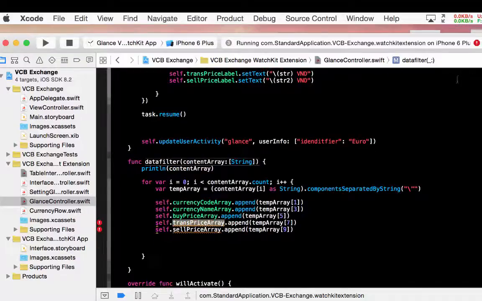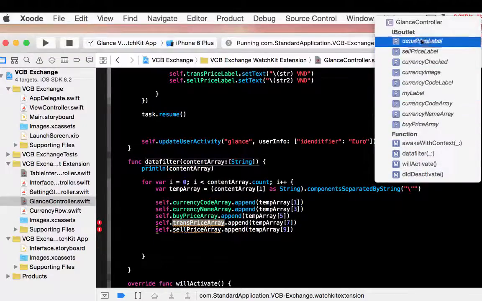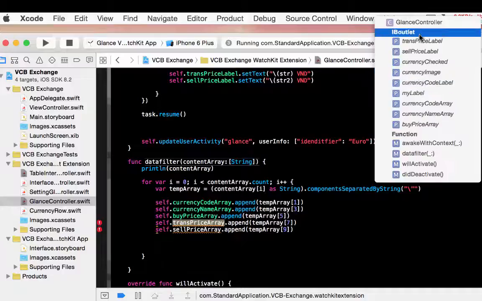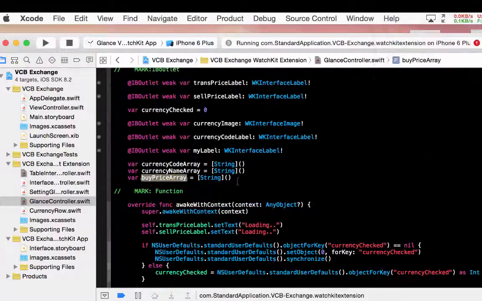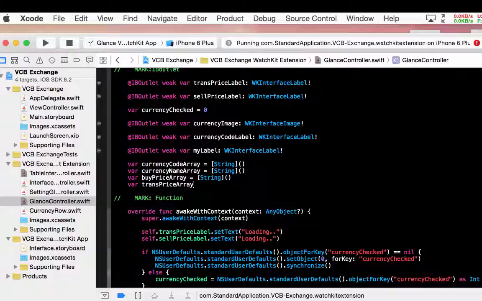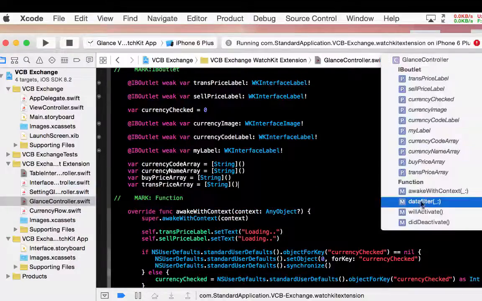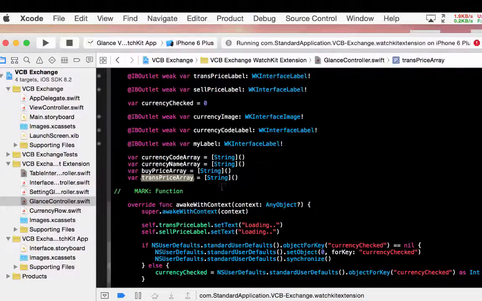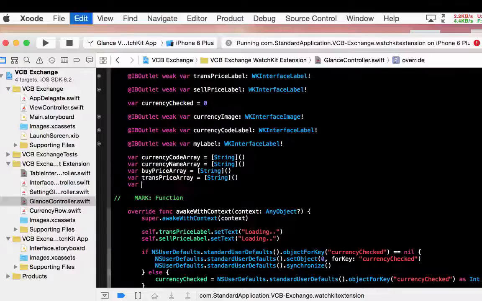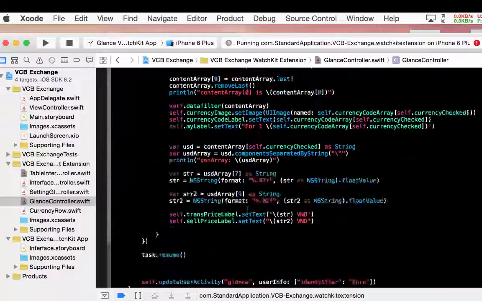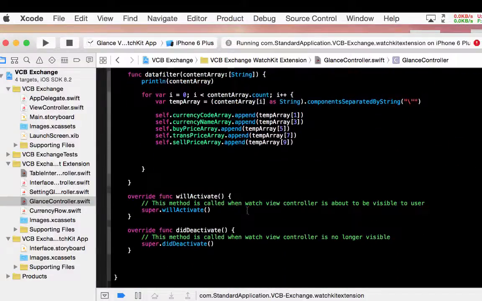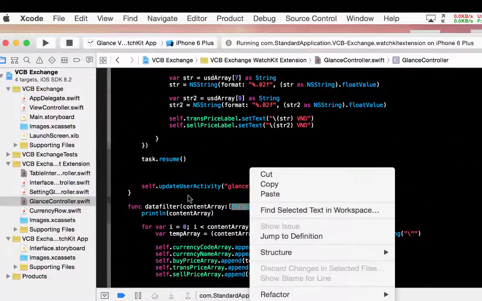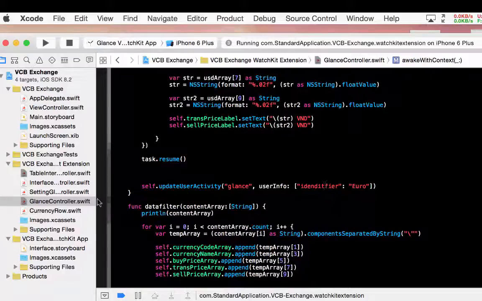Now is chance price array, equal to string, yes, data filter, sell price array is equal to string. Okay, now we already have all of this, and before we send it here, we can copy